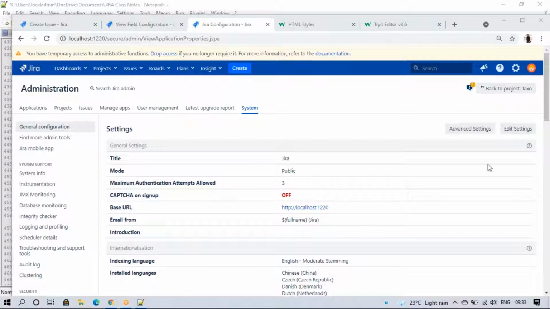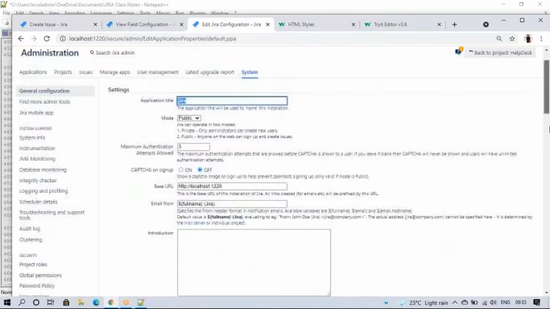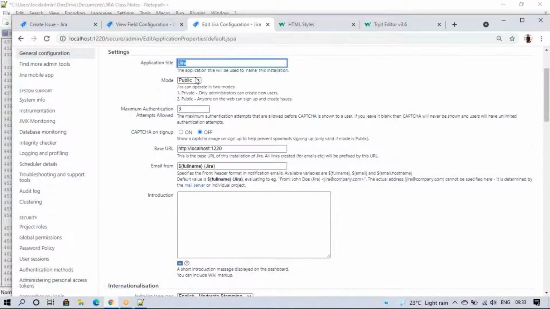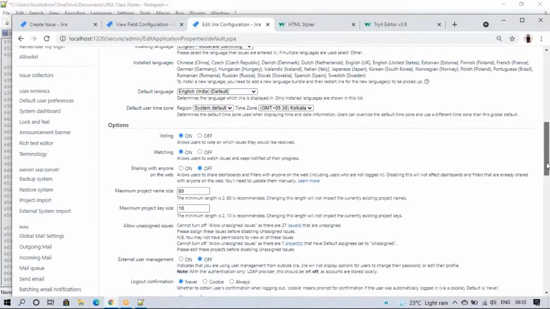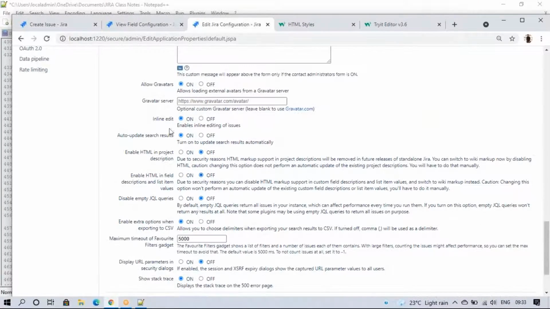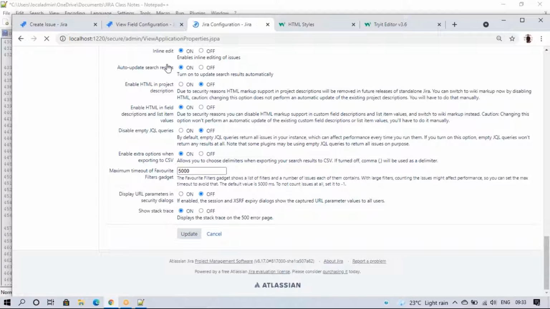If you want to change anything here, click on edit settings, not advanced settings. Next we can change everything here, like whether the tree is public or private, base URL, all this information we can turn on or off. And here, enable HTML in the field description. Field description I'll turn on, then update.